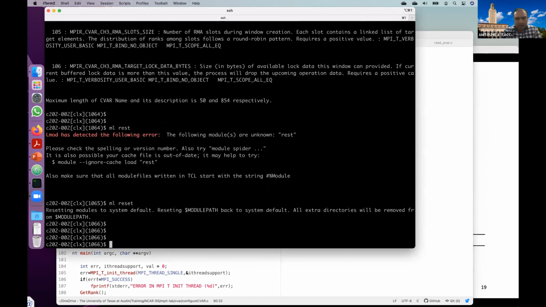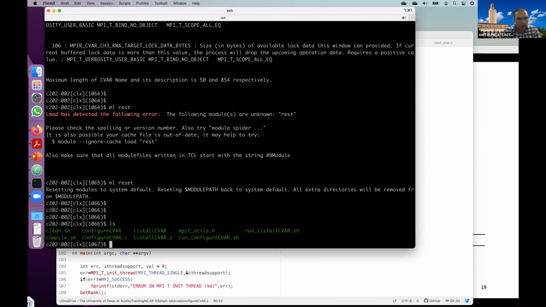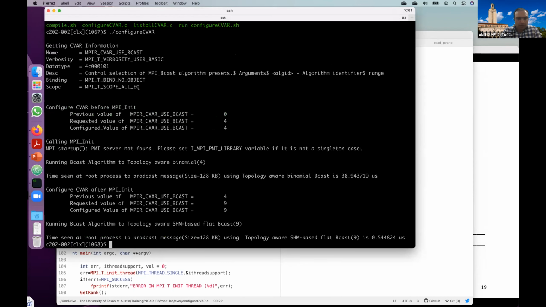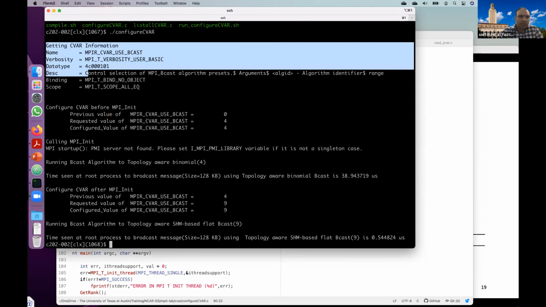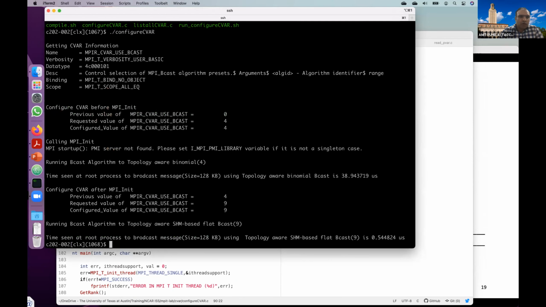So here I'm just going to run this program, configure CVAR. As you can see, for this MPI CVAR bcast, I first printed out the information about it. Its scope is equal for all, meaning all the processes should have the same value, and it doesn't bind to any object.